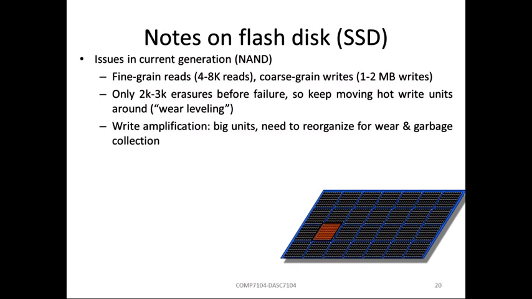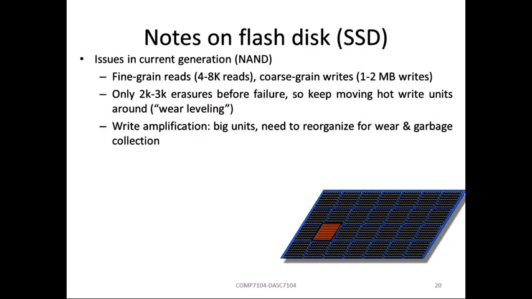By their nature, and we'll not really talk about the physical aspects that lead to that, or by design, let's say, we read such a small black rectangle, but we write a large orange one. And also by their nature, there is another problem. After only a few thousand, for instance, 2,000 to 3,000 erasures or overwritings of an orange rectangle, that orange rectangle will be dead space, basically, will no longer be usable. And so that means we need to plan writing operations carefully